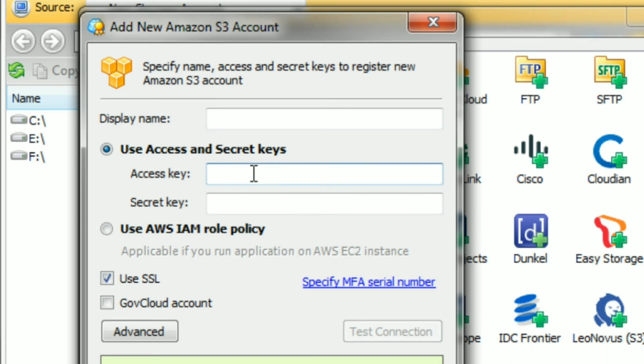What's nice about this is once you get the key, it'll connect to the system and you don't need to worry about creating buckets within the Amazon S3 dashboard, which is something that you used to do. So you can do everything within the program itself. So now step 2 is to show you where to get these access and